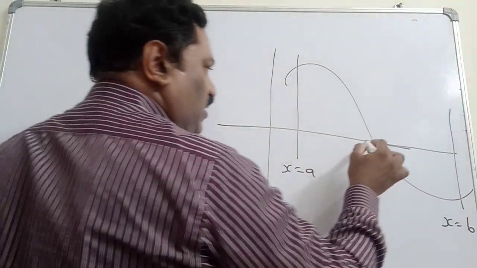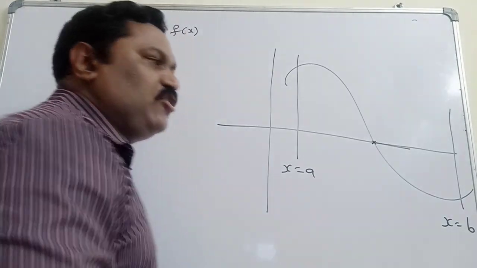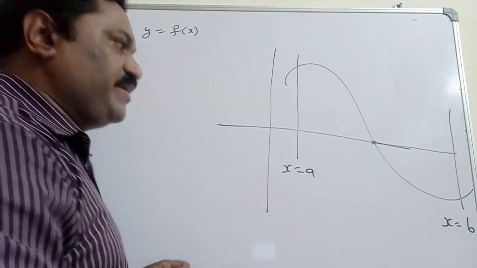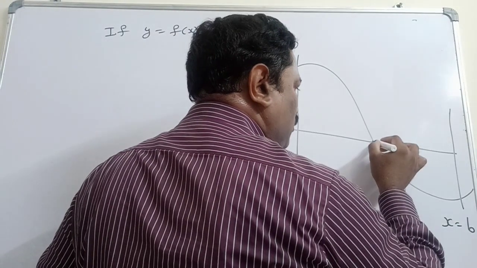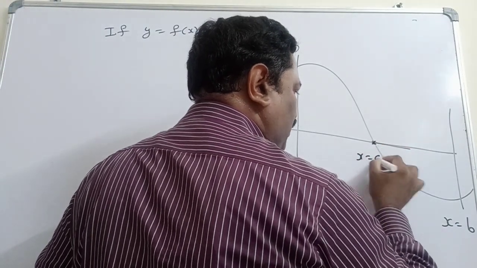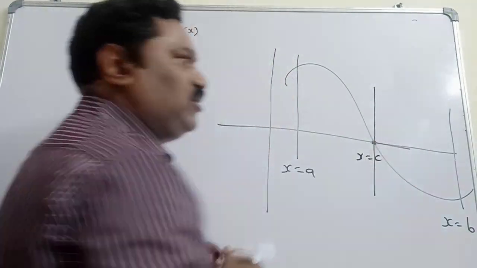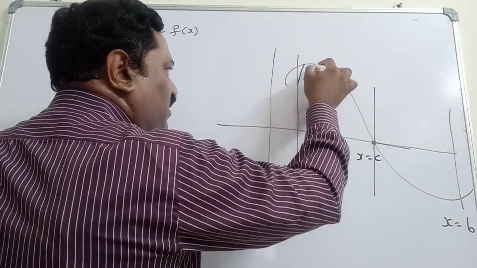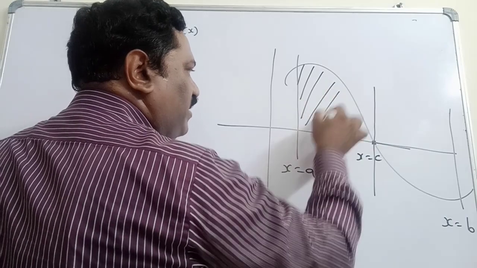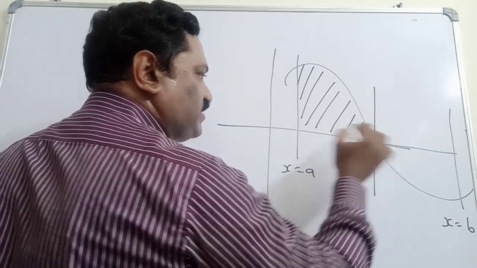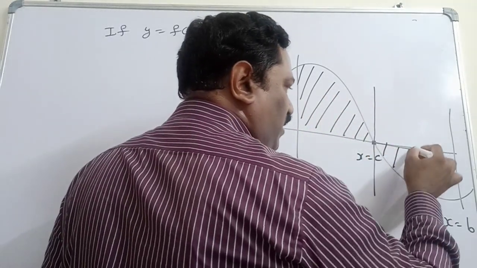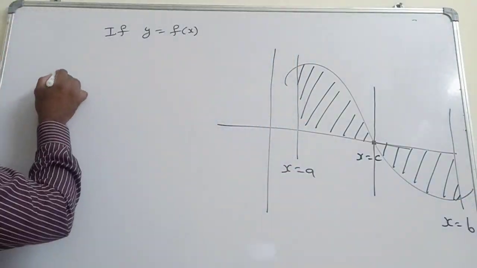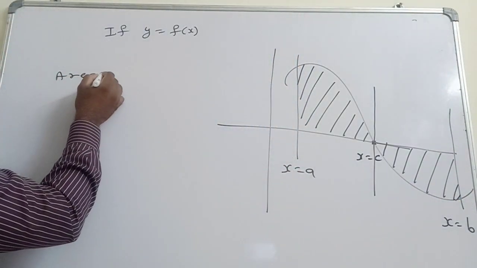Here, if you observe, somewhere the graph is going to meet the x-axis. First you have to find that particular point on the x-axis. Let's assume this is x is equal to c. So the required area bounded with the x-axis means some amount of the area lies above the x-axis, and some amount lies below the x-axis. Therefore, the required area, here also we will make it into two parts.